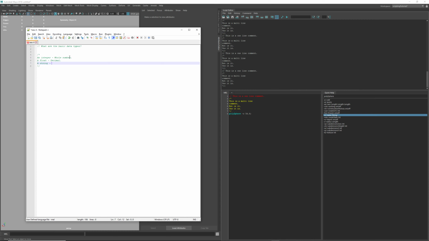And then a string is just a collection of characters, e.g., a name, or whatever. So, really profound stuff I'm doing here, right? These are the main data types that we're going to be using when we're doing basic coding in Maya